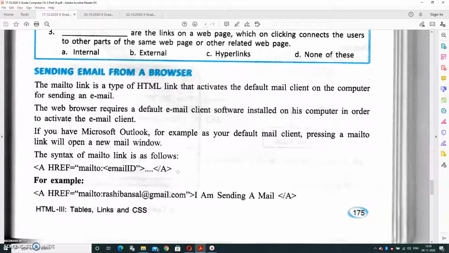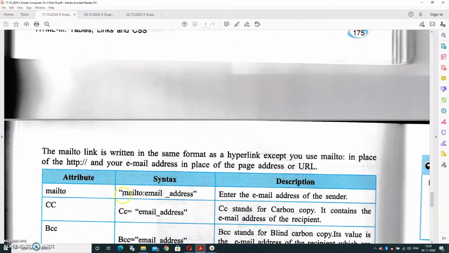As per the example, a href mailto rashibansal@gmail.com, and the link text is I am sending a mail. When we click on that particular link, it will directly open the mail window to create the mail.